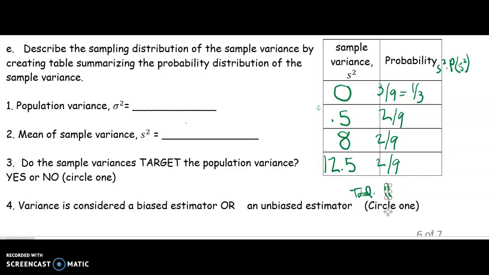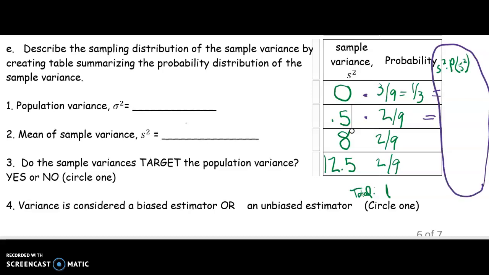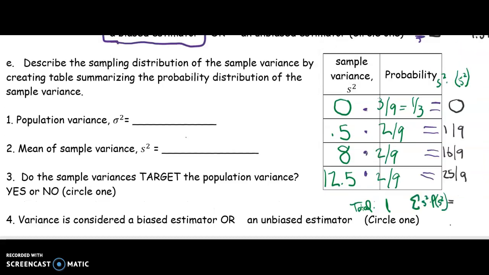Now what we need to do is find the expected value. So we're going to take each of our sample variances and multiply it by its probability. And then we're going to find the total of all of those to get our expected value. So we'll get 0, 1/9, 16/9, 25/9. And when we add these numbers up, we'll get